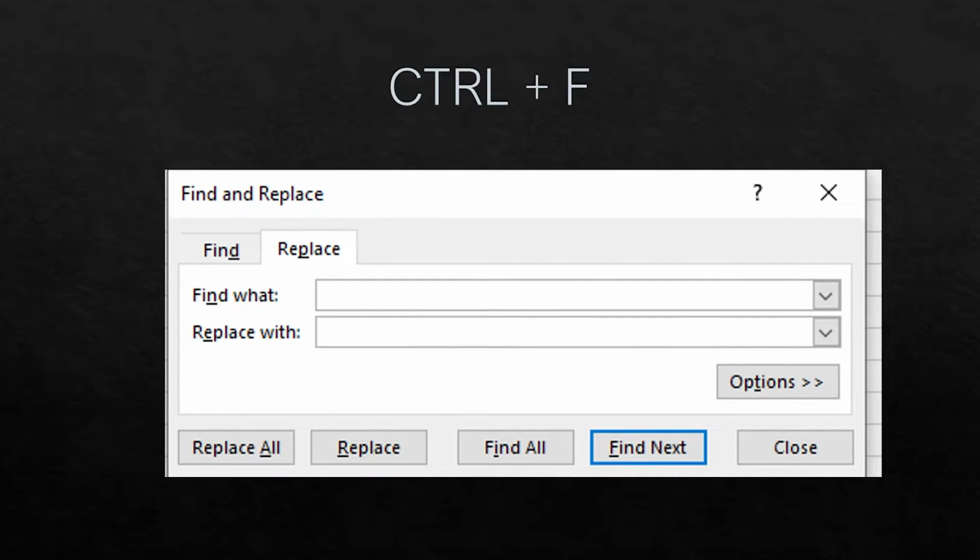What we're interested in is the replace button, wherein you can put the words or the input from the Microsoft Excel cells and replace it with whatever you like. So in processing data, if you do have a data processing app, it's much better to convert words into numbers, and that's the reason why Control F is very important.